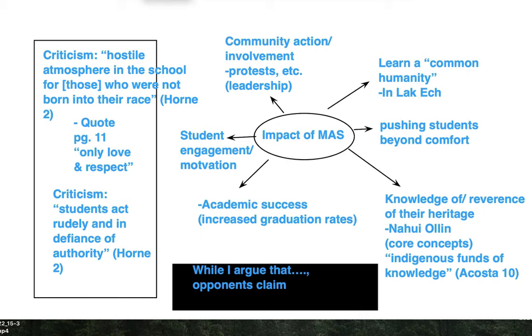If you look at the black box on the bottom, I've got a very basic template here for a thesis statement that includes a counter-argument. Something like, while I argue that, opponents claim. This is a really common structure for previewing your own argument and also letting the reader know that you're going to be engaging with the other side in advance. So I encourage you to make your own pre-writing form for this paper, but this is a really good place to start exploring.